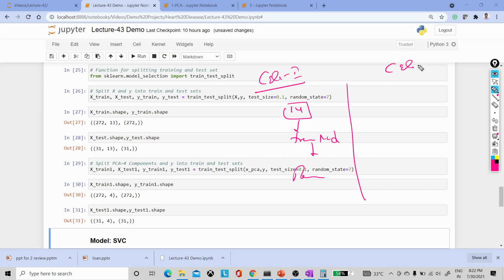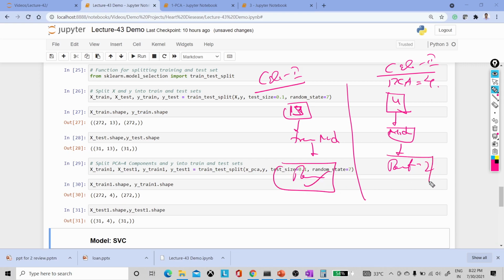Case 2: I am applying the PCA. So PCA is equal to 4. So these 4 features, sorry, 4 components I am taking and feeding to my model. The model will be trained and give the results. Now I have to compare result 1 and result 2. Result 1 is without PCA, and this is with PCA. So here X and Y, I am taking the 13 columns, and here giving the XPCA, that's why we will get the 4 columns.